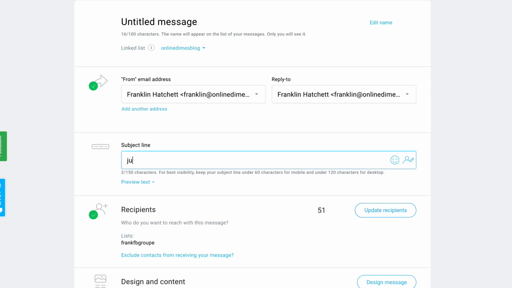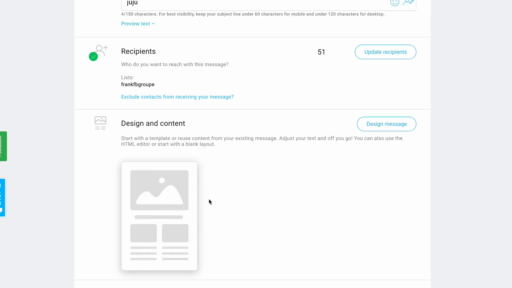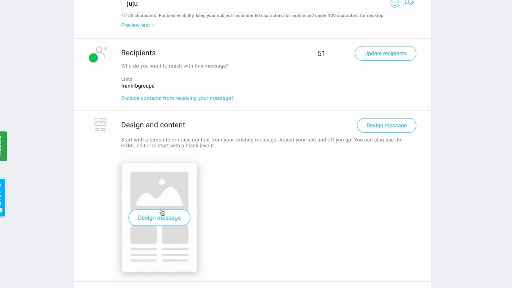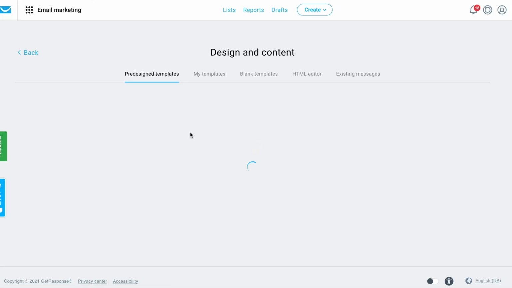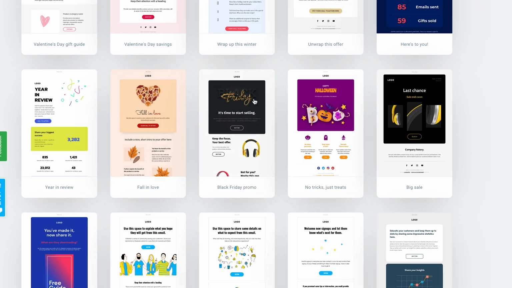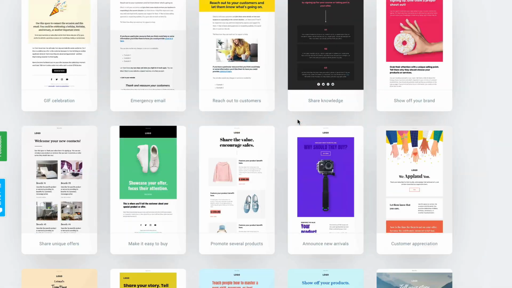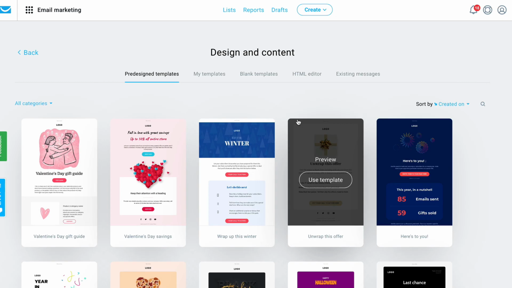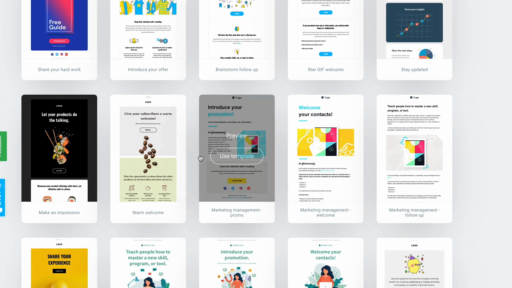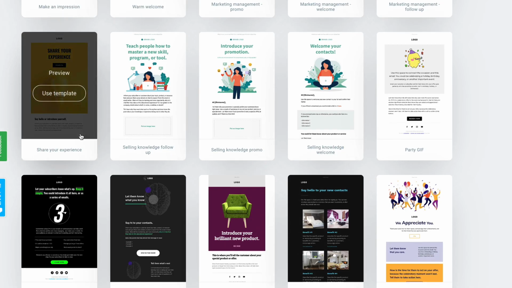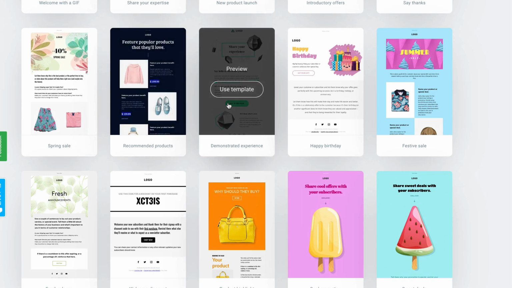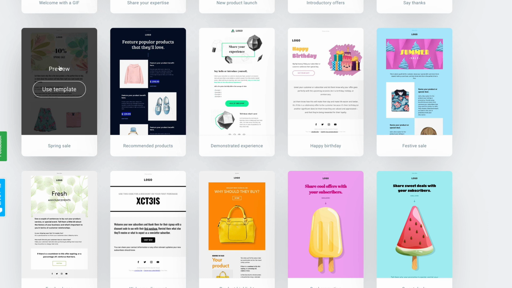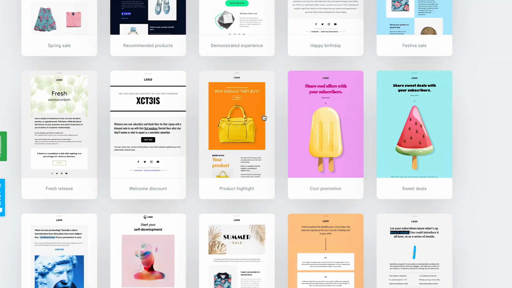Now, I need to actually go and create the design. But once you go and actually do that, the good thing about GetResponse, guys, is they've got all of these pre-designed templates that you can use to send to your list. So if you're like, hey, I've got a sale on a product this weekend, you can literally go and get one of these things right here, set it up, and send it to your list, okay? Easy, simple, like here we go, 40% spring sale if you've got a sale coming up. I use these for my Black Friday deals and stuff like that.